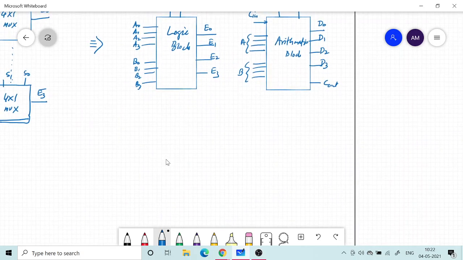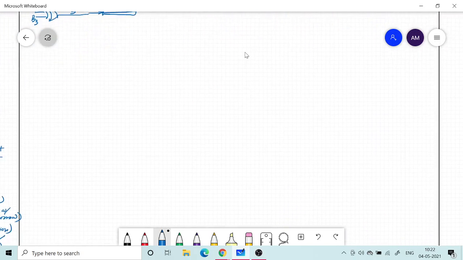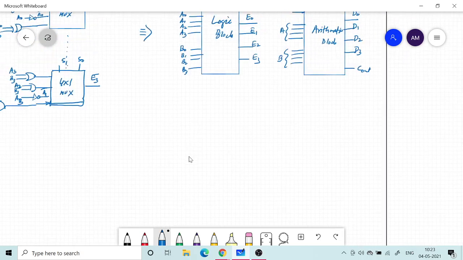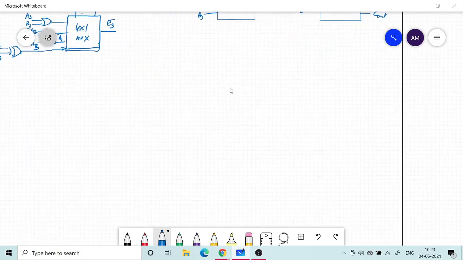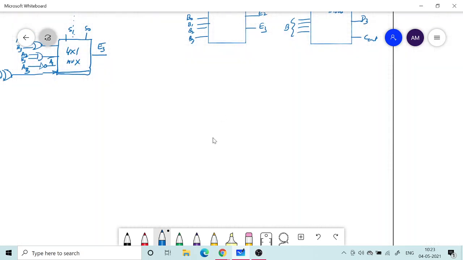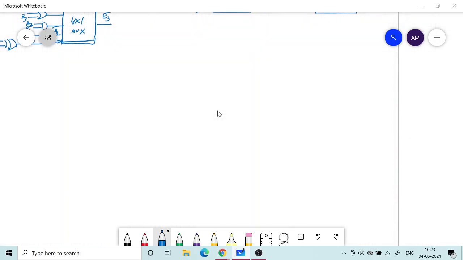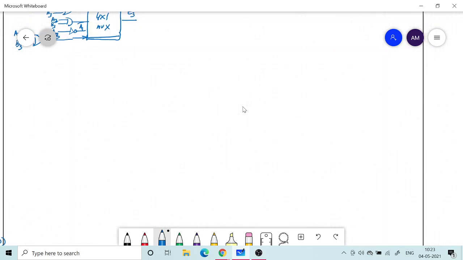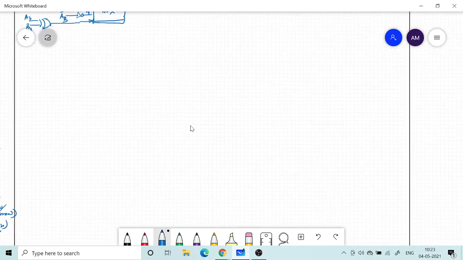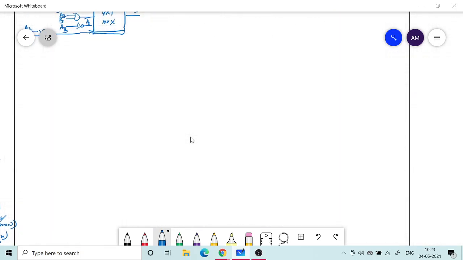So if I want to make what is called an arithmetic logic shift unit, I will make use of these blocks. So first of all what I would do is basically I will have a multiplexer, a 4x1 multiplexer.